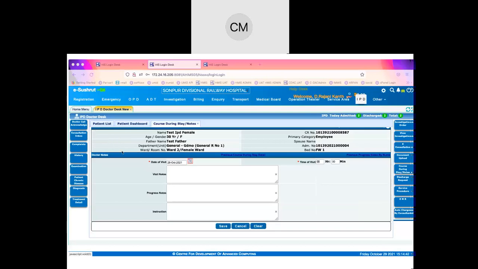So here, normally this will be noted at every visit. So when the rounds are done, it may not be possible to enter the details on a real-time basis. So in that case, we have given an option to change the date and time. They can enter the date and time manually, and they can update the notes here. So initially they will focus on the treatment, complete the rounds, and after that, at leisure, those details can be updated in this tab here.